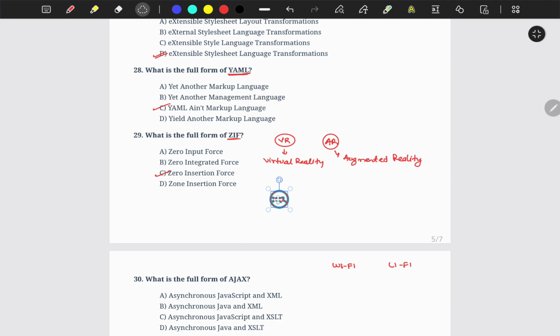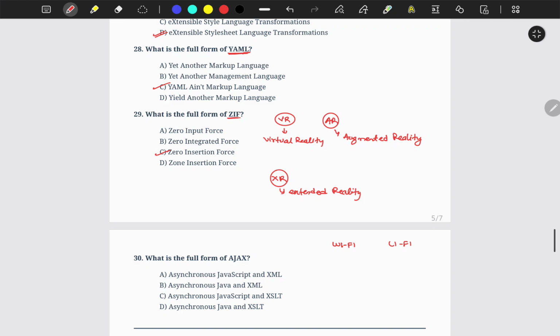Okay, XR. What is the full form of XR? It is extended reality. Okay. See, these are new technologies, so it becomes very important. For example, what is virtual reality? See, virtual reality is something where you create a different world, okay, which is not real but it is different. For example, metaverse is an example of